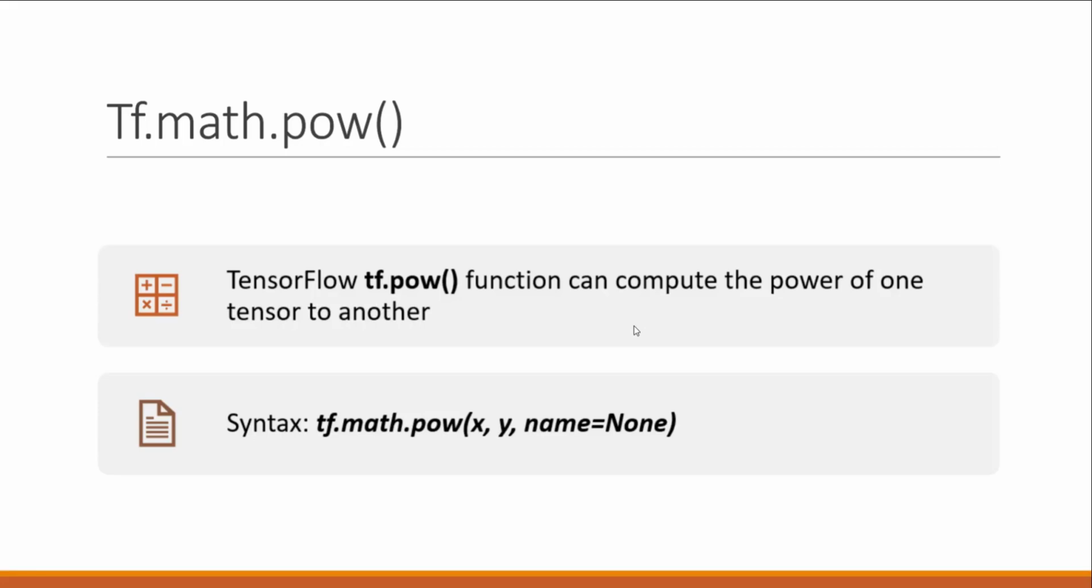So basically the TensorFlow tf.power function can compute the power of one tensor to another element wise, and it can also be given the power of a scalar value. So here is the syntax of the tf.math.power function. This function takes two parameters that define the input tensors. Now we will take an example using the